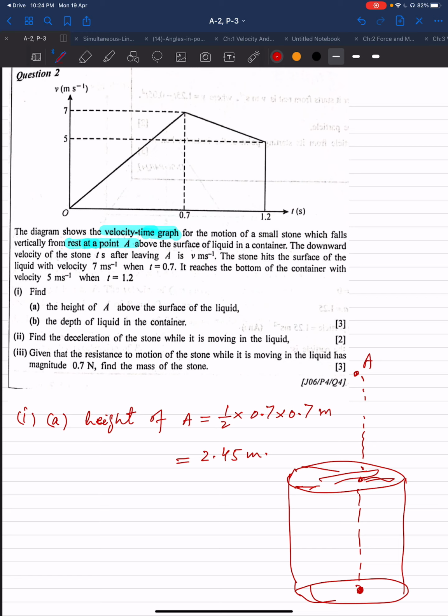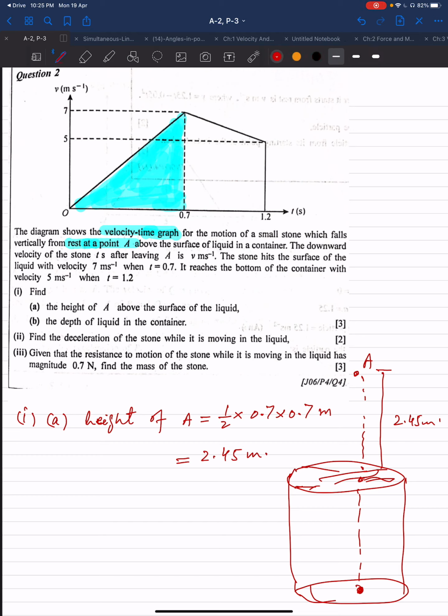I'm sure you have got it. This height from here to here is 2.45 meters, and this is the area. In 0.7 seconds, the stone reaches the surface of the container,